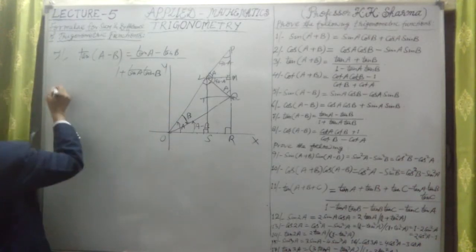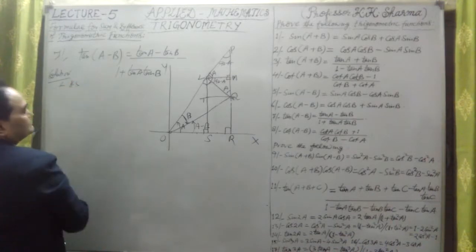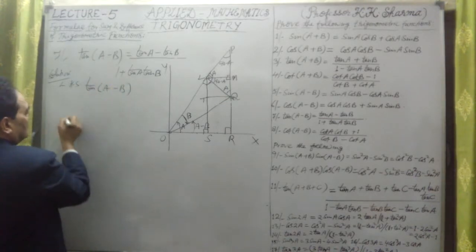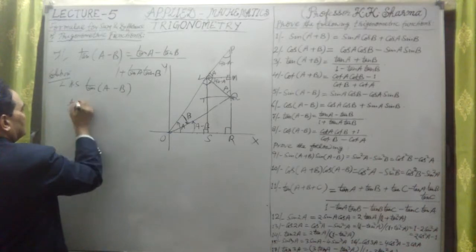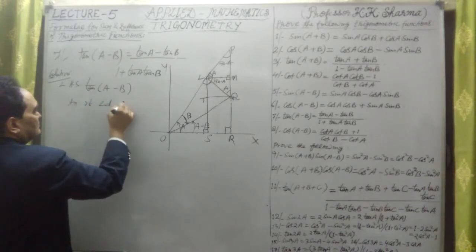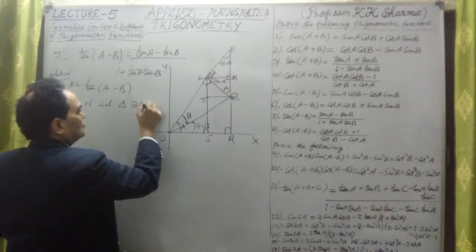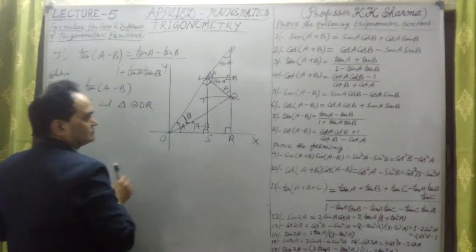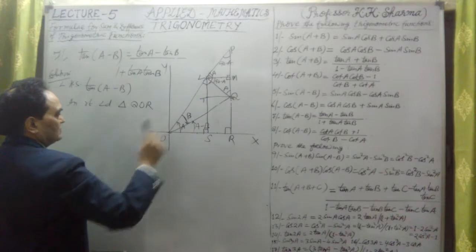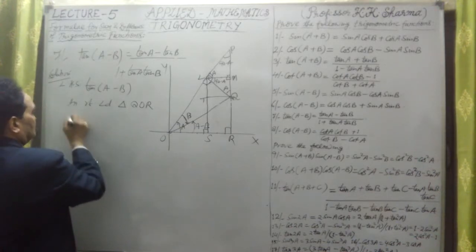Let us take the left hand side. The left hand side of this solution is tan (A minus B). So in a right angle triangle, A minus B is angle QOR. In triangle QOR, R is the right angle. So in the right angle triangle, tan (A minus B)